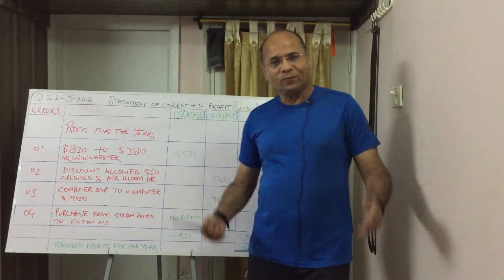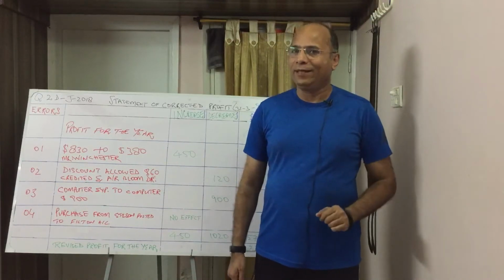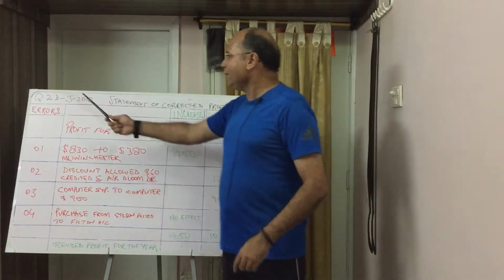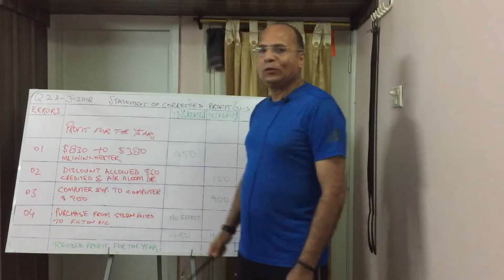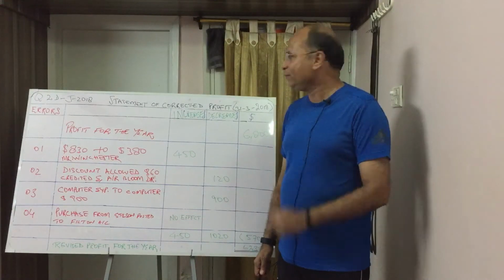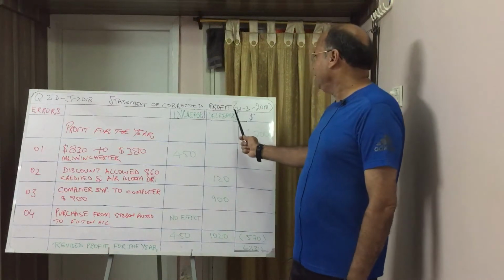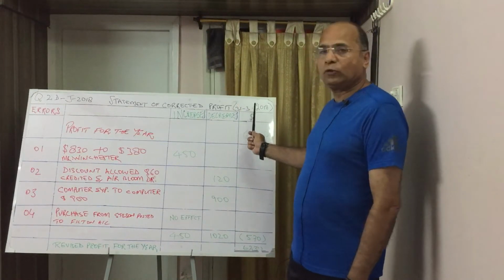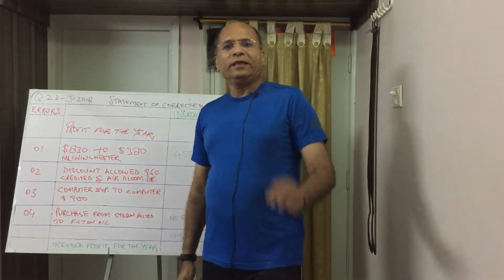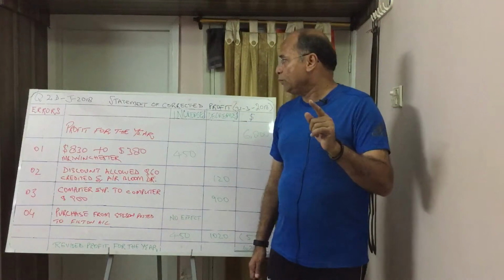Tomorrow is Eid and I would like to give you a small gift of the Eid. What is that? That is question number 2D, June 2018. This is a question of O levels. Statement of corrected profit at 31st March 2018. In this question, basically, we are doing the part D of question number 2.